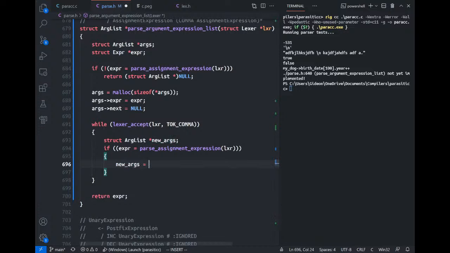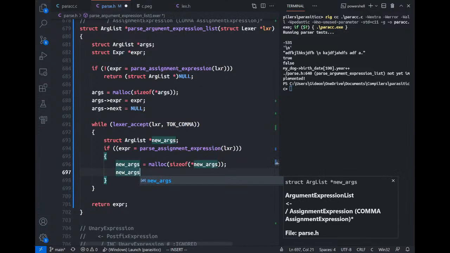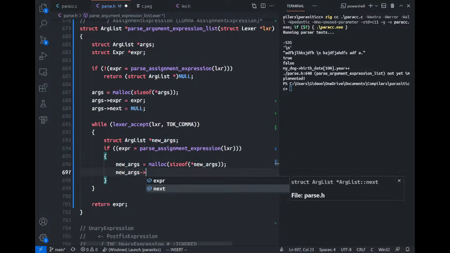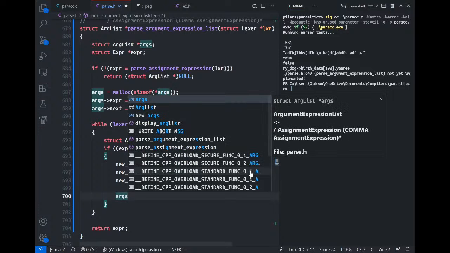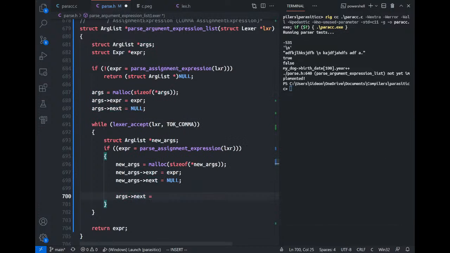New args equals malloc size of star new args arrow expr equals expr, new args arrow next equals null. And then we want to say args arrow next equals